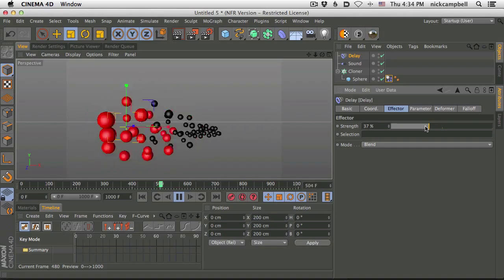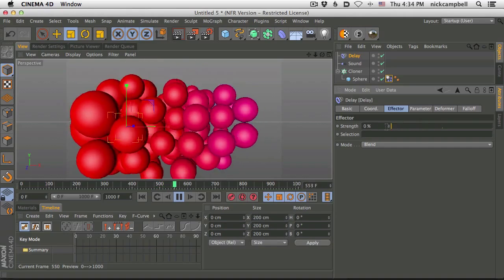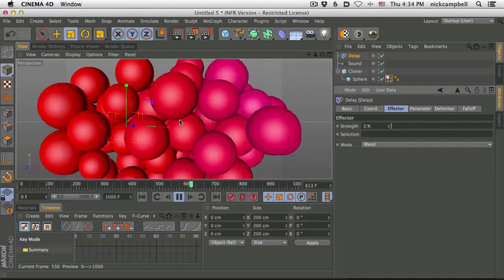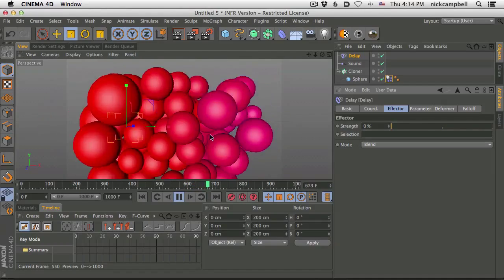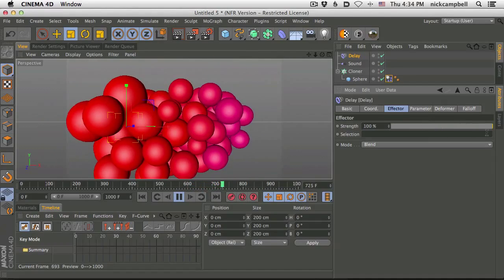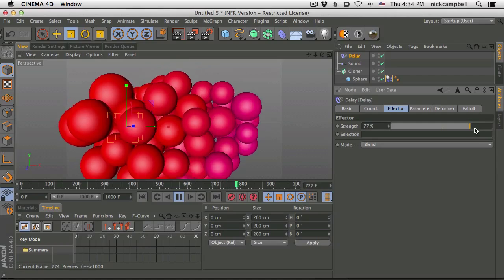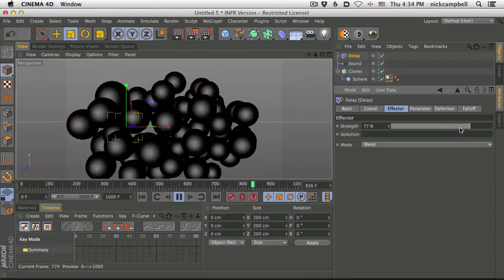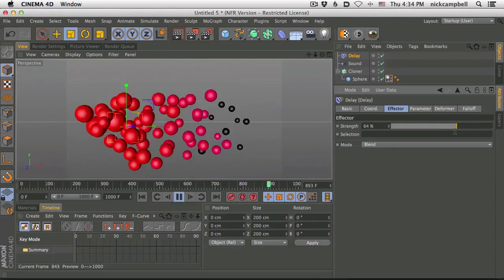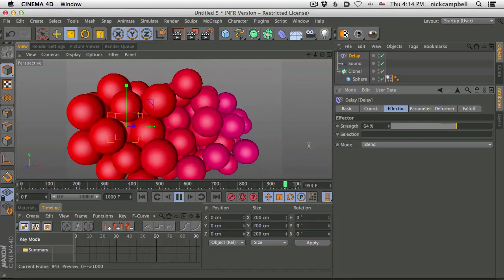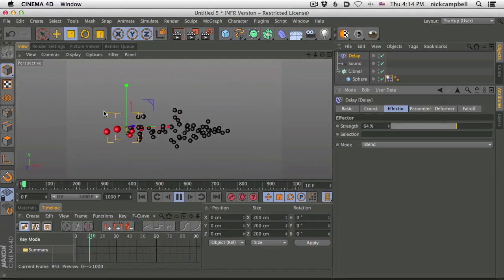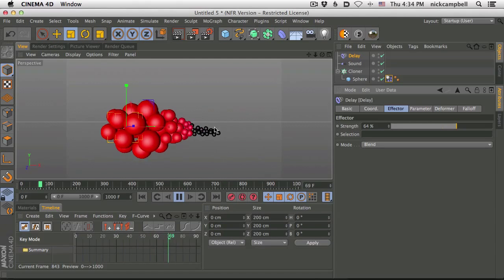So now you can start dialing in your delay effector and saying, okay, what if it's all the way down? It's really itchy and blinky. And what if we turn it way up? Well, now it's really too solid, so let's turn it down. And it's all about getting that right amount of pulsing here. So now you can see the bass is making these move, and the high frequencies are making these move. This is exactly what we wanted, and it's fantastic.